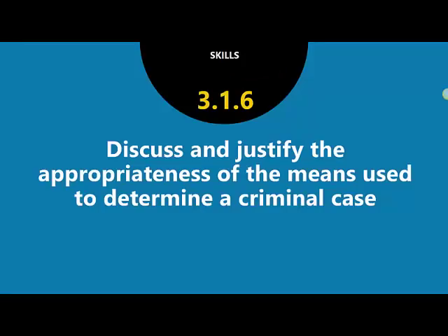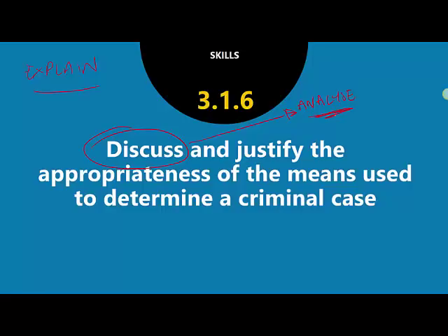Our skill here is a little bit different though. Up until this point, our skill has always been things like explain or describe. Okay? Things that fit on the lower level of Bloom's taxonomy that just require us to recall information and understanding. For the first time ever, we're stepping up. We're stepping up to discuss. And discuss is what we call an analyze style question.